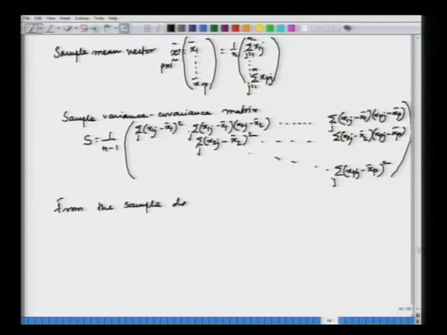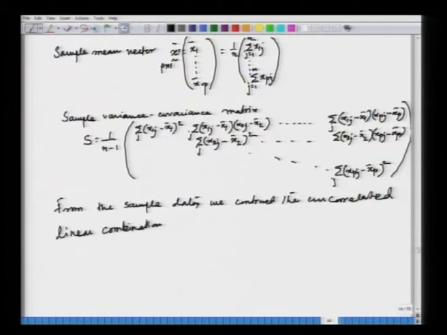From the sample data, our objective is to construct the principal components. We construct the uncorrelated